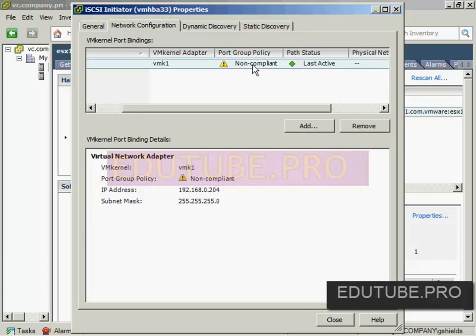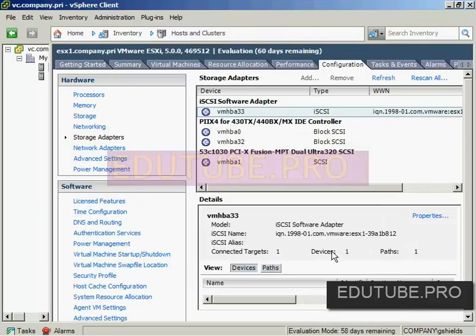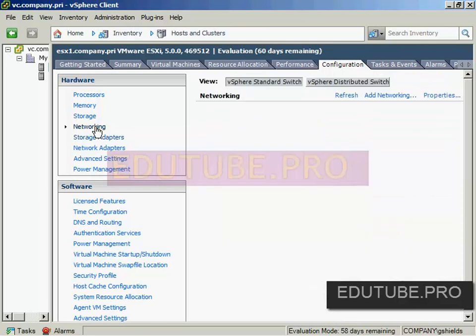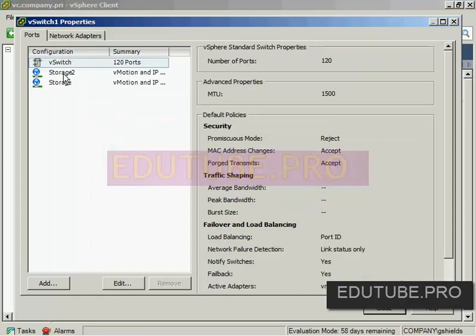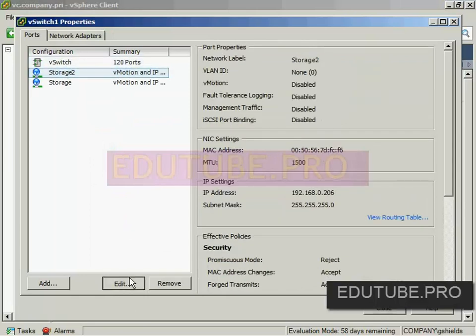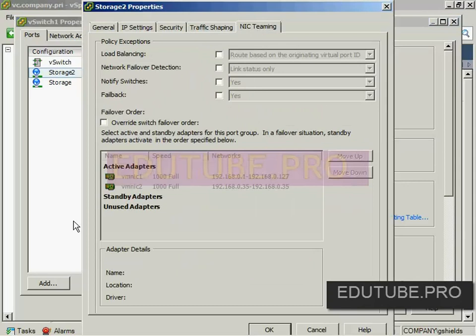This is an important characteristic here because what I need to do in addition to setting up that one-to-one linkage is go one step further with the networking here in vSwitch 1. I have the first half of a one-to-one linkage between my two VM kernel ports and my physical adapters. But the one thing I want you to notice here, if I take a look at storage and then edit, and then NIC teaming, is that both of these adapters are currently considered active adapters for both of those VM kernel ports. iSCSI, in its multipathing configuration, does not like to